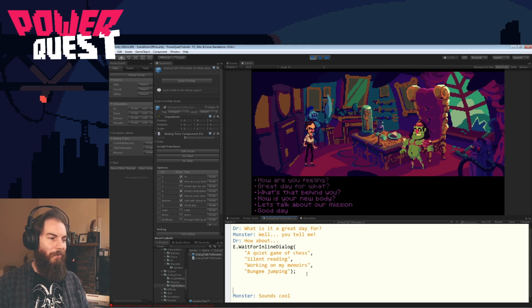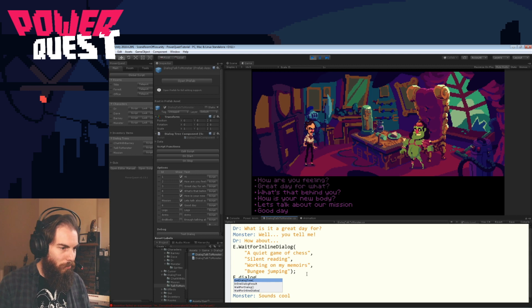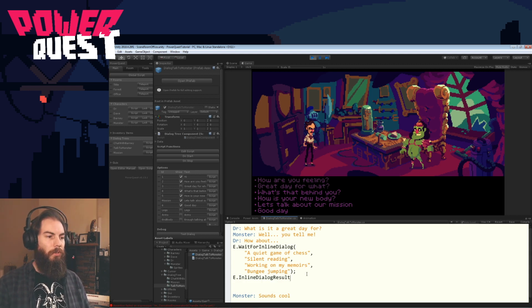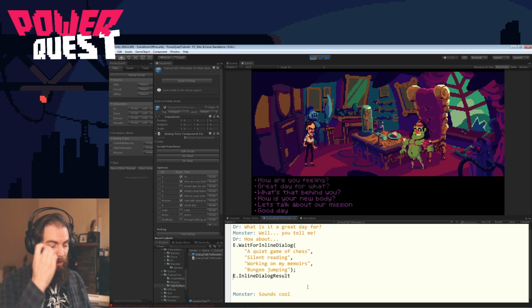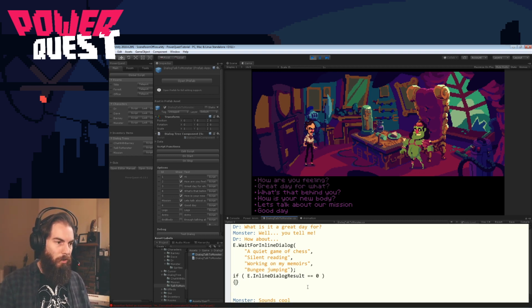So to make it get read out, we need to use e dot dialog, inline dialog result. This will return a number. This inline dialog result is a number from 0, 1, 2, 3, so 0 to 3, correlating to these. So this is fiddlier coding, but it's nice when you're just hammering out some dialogue and you want to display the user a quick choice and have it be quite simple. And so you can either go if that equals 0. So this is just a bit of scripting. Then I can say